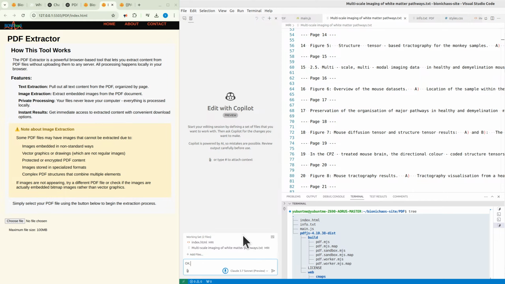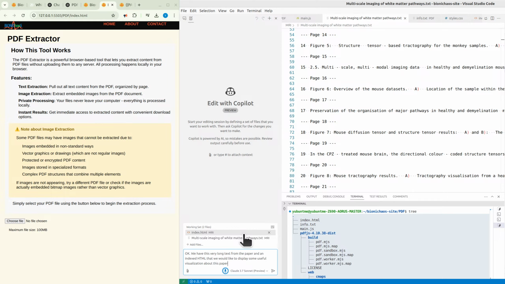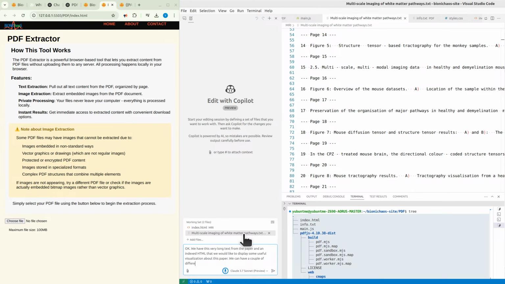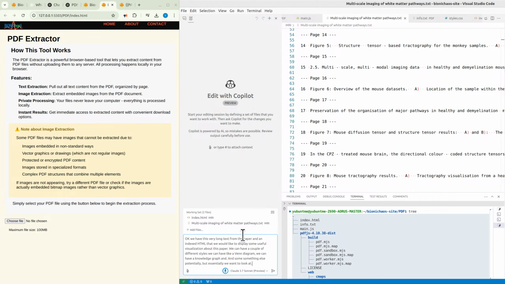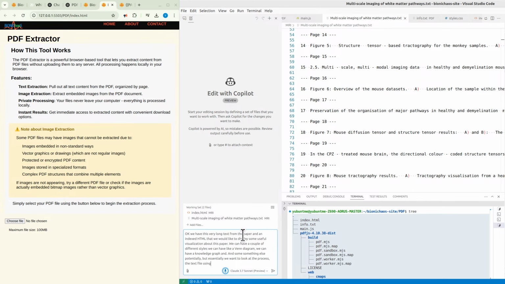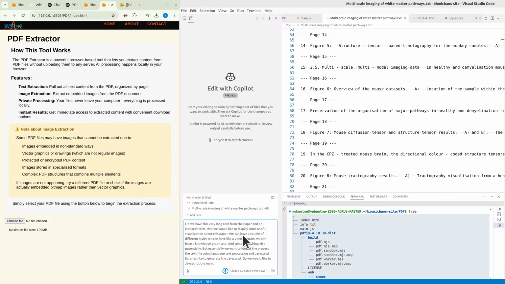Okay, we have this very long text from the paper and an indexed HTML that we would like to use to display some useful visualization about this paper. We can have a couple of different styles. We can have like a Venn diagram. We can have a knowledge graph. And something else potentially, but essentially we want to process the text file using language text processing JavaScript libraries. And yeah, we would like to generate JavaScript. So we would like two JavaScripts, a main.js that will just handle